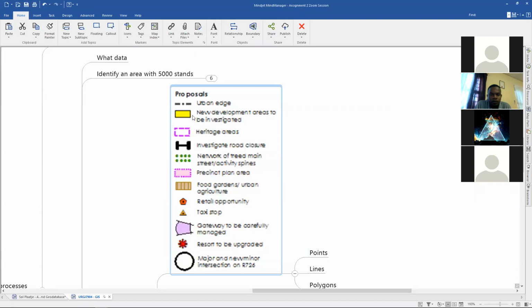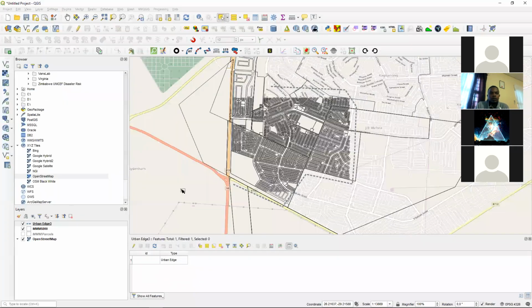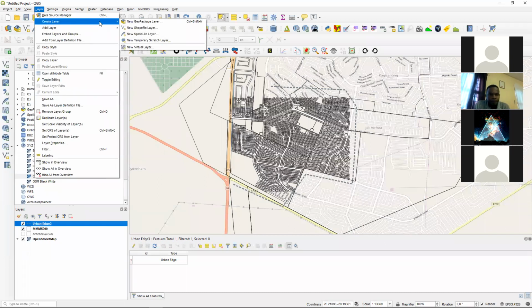Let's capture new development areas. But see, here's one polygon that you want to create, another polygon, another polygon, another polygon. So to make life easier, I'm going to create only one polygon layer, but in the type field there you can put in new development or heritage site. So I'm just going to create one polygon layer, go back to QGIS, then my layer, create layer, a new shapefile layer,